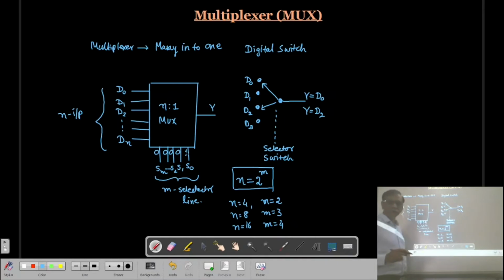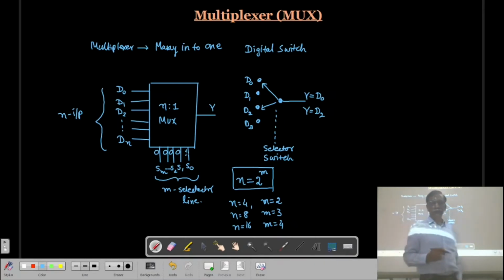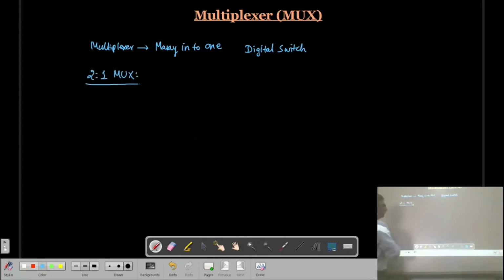Okay. Now we will take an example of a 2-to-1 multiplexer. So what is a 2-to-1 multiplexer? This indicates that the input lines are 2 and one output line is there. If we see the symbol, it is like this.